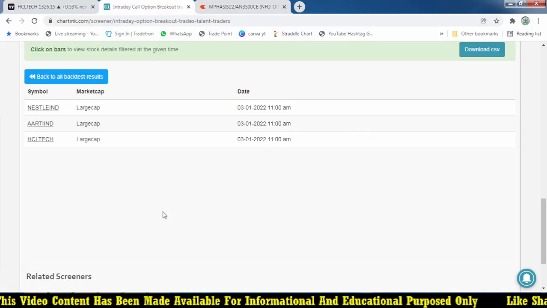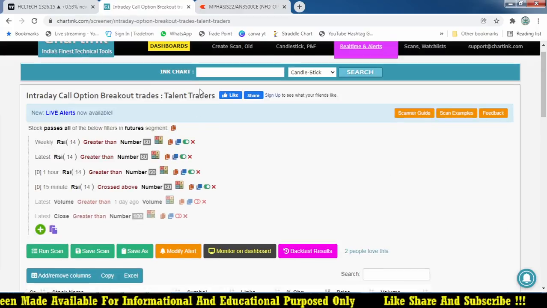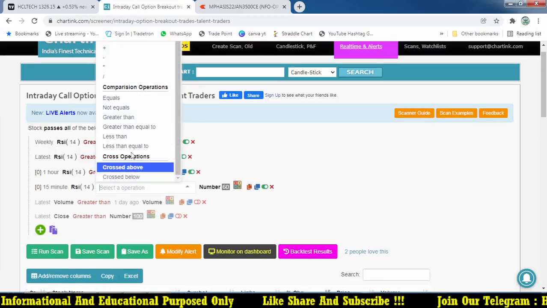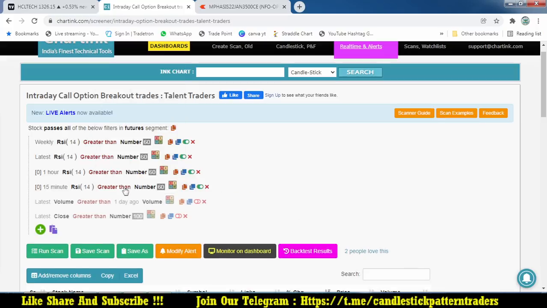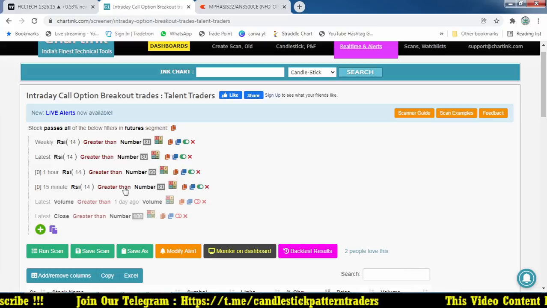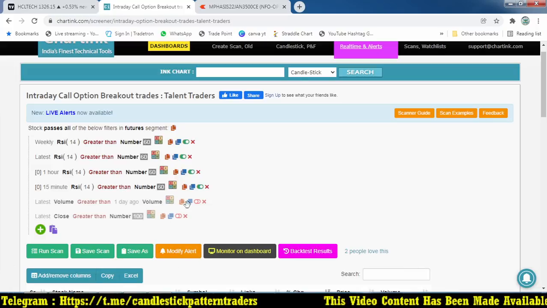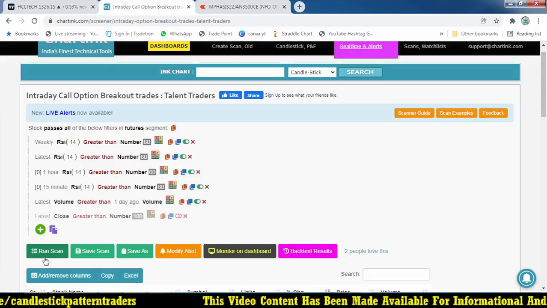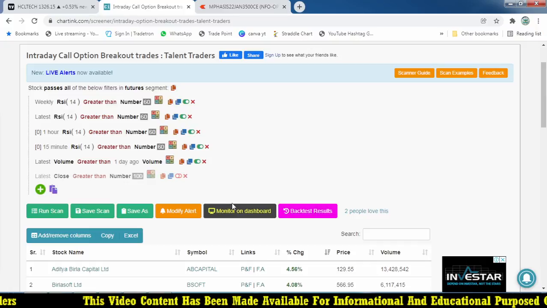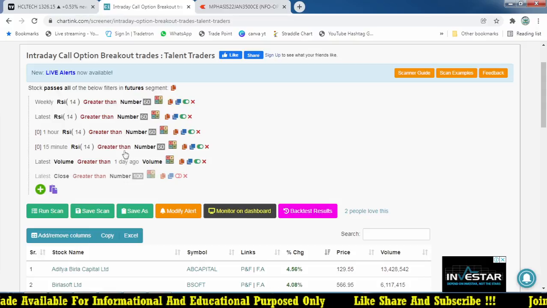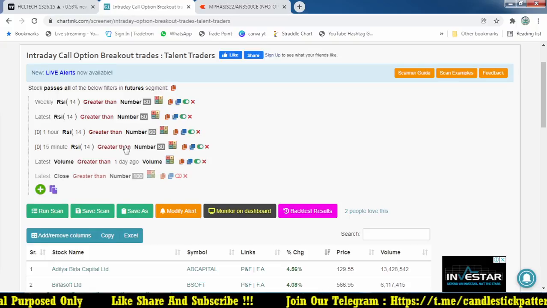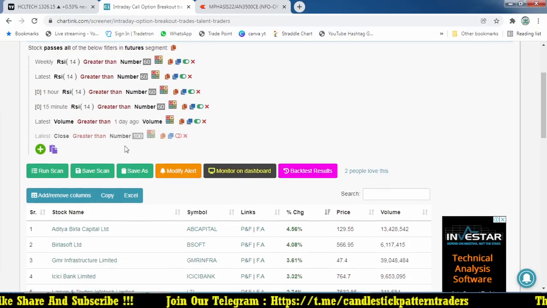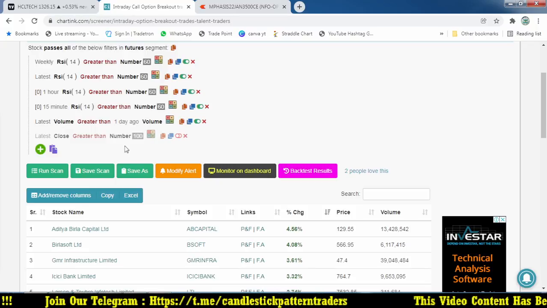So the conditions we created here: once it is broken, crossing above was another condition, and we made it greater than, so that is a strong stock, and whenever the stock crosses that level, we find it. Those are the conditions we mentioned here. If you want, I can make the volume factors as such; if you don't want to use the volume factor, you may skip it. And if you want crossing stocks, instead of greater than you can use crossing above, and you will get only the stocks that exactly cross that particular 15 minute level.